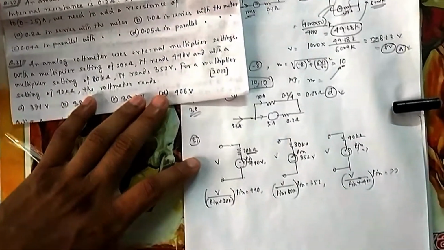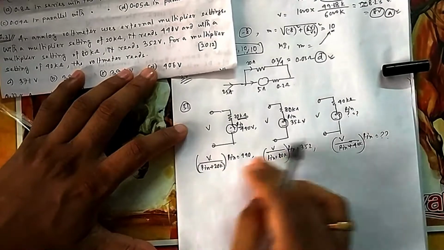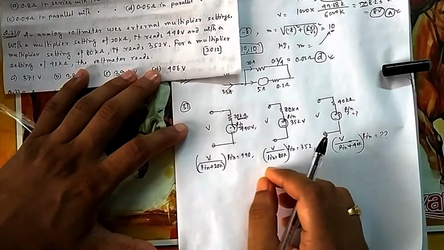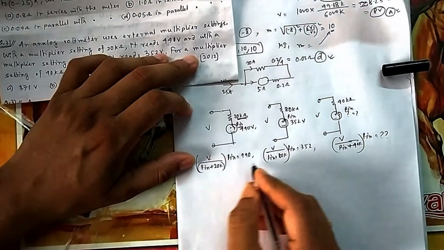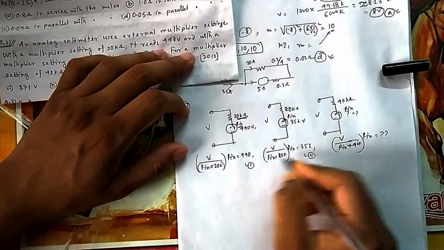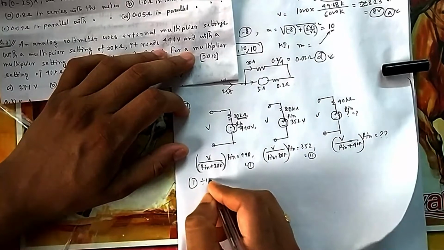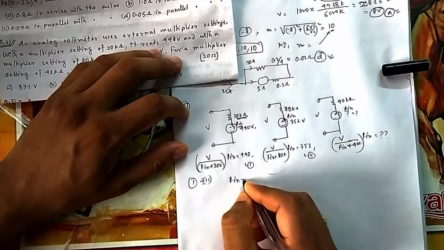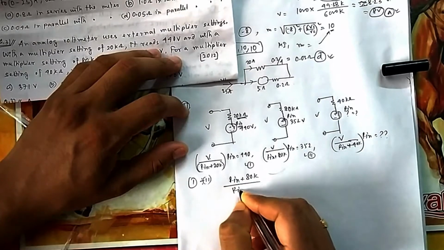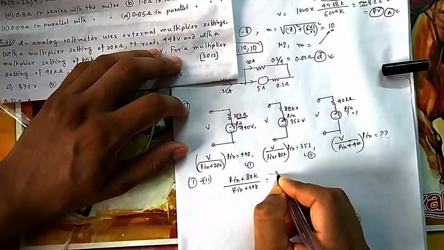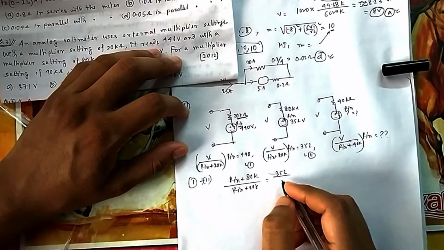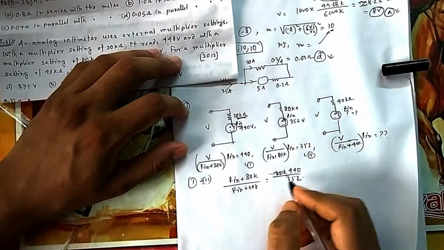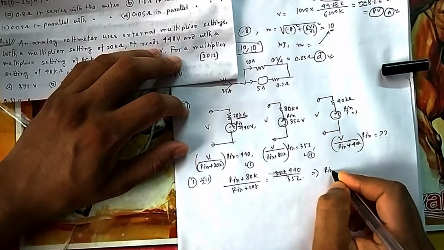That is your question. Because there are two unknowns, V and Rin, and two equations, if you divide these two you can find Rin. Once you know Rin, you can calculate the rest of the things. You divide this by this, equation 1 divided by equation 2. So V and Rin will get cancelled. So (80 kilo plus Rin) divided by (Rin plus 20 kilo) is equal to 440 divided by 352. I am not solving it, you can directly solve it, exchanging the sides.